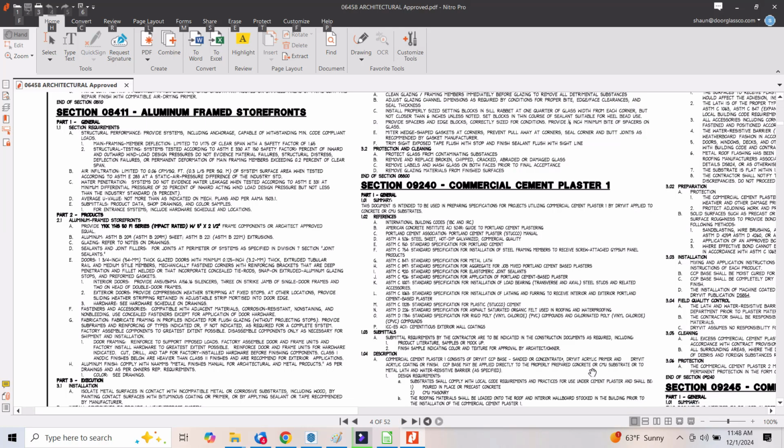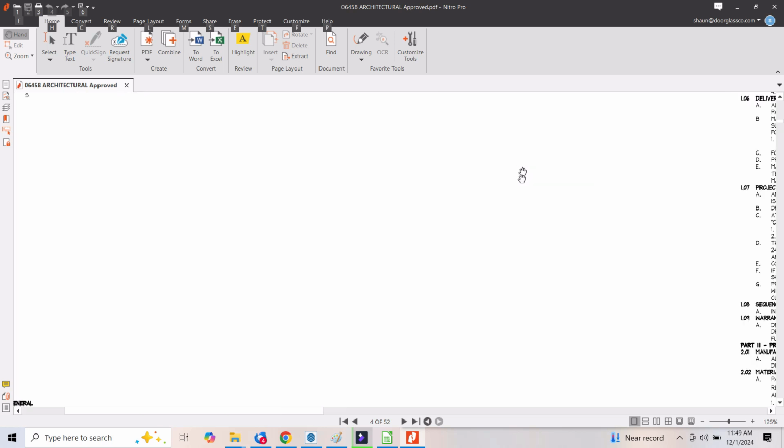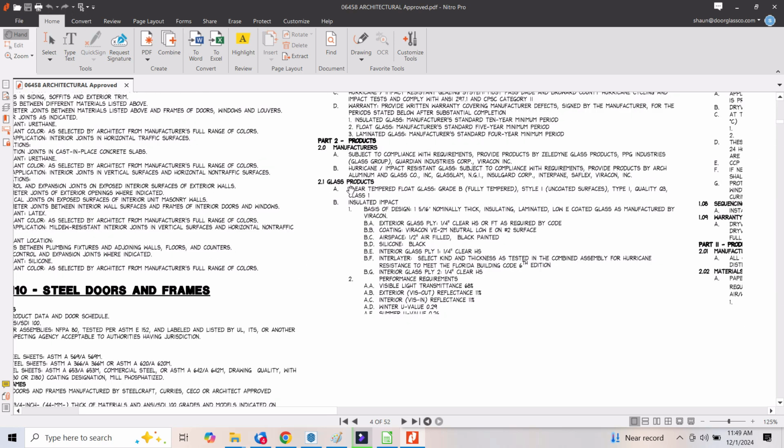I don't see any information about a warranty period on the storefront frame finish. On the same page, I find the glazing specifications. That's 08800. And here they're providing, let's see, basis of design glass product,